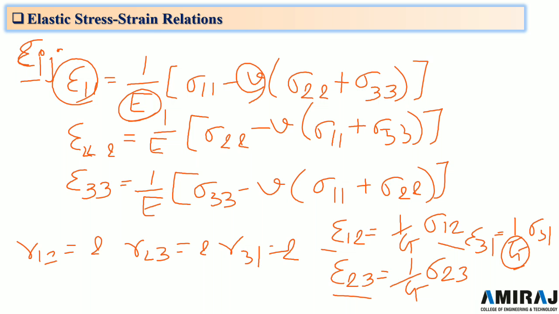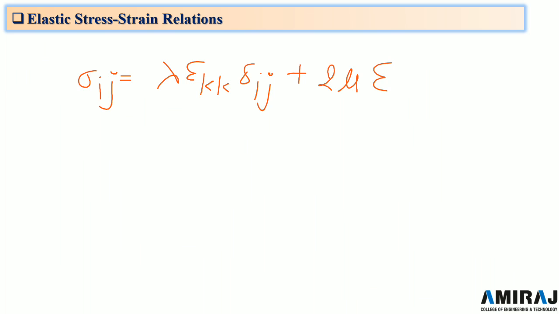By these equations, the stress strain relation in terms of lambda and mu can be written as sigma ij is equal to lambda epsilon kk delta ij plus 2 times mu epsilon ij,